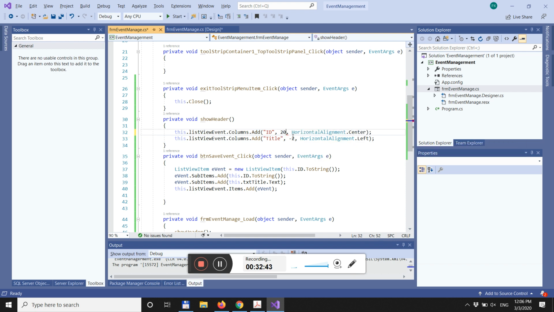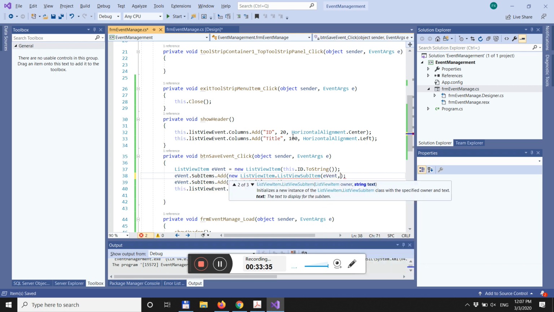For example, it is 20 and it is 100. And next is list view item, because it's a list view. So the column is ID, and next to the ID we have the title. So now first I create the event item for IDs, and the event item I add into the new list view set item. Here is for the list view of event, and text is this .txt title .text,